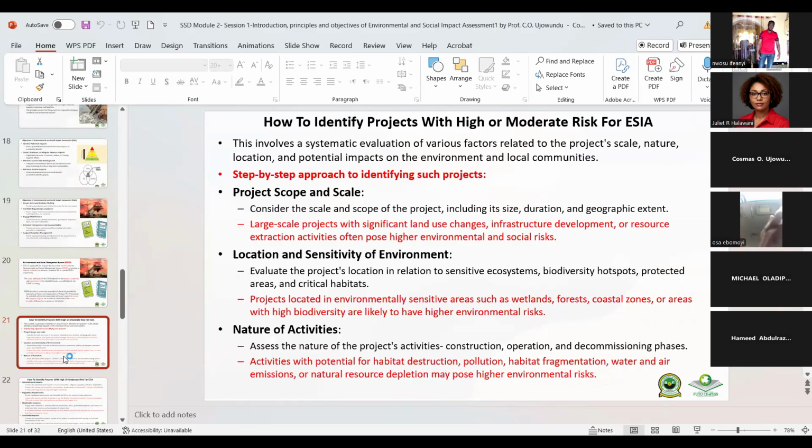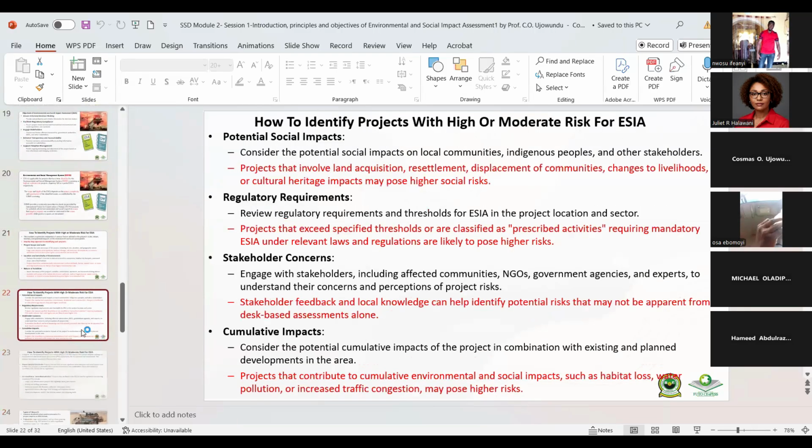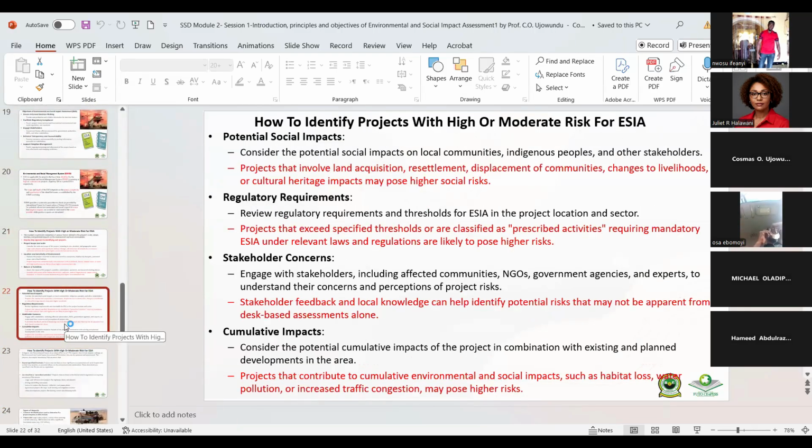Water and air pollution, because you're constructing a cement factory that will be emitting dust. You're constructing a treatment plant, or waste treatment plant. You find out that within that environment, the environmental air in that area will not be good for human inhalation,